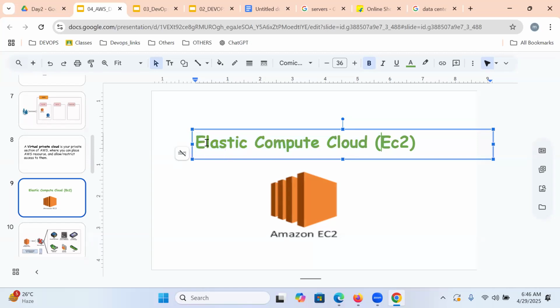So a flexible, elastic kind of computing power, if we can access it over the internet, is nothing but EC2.